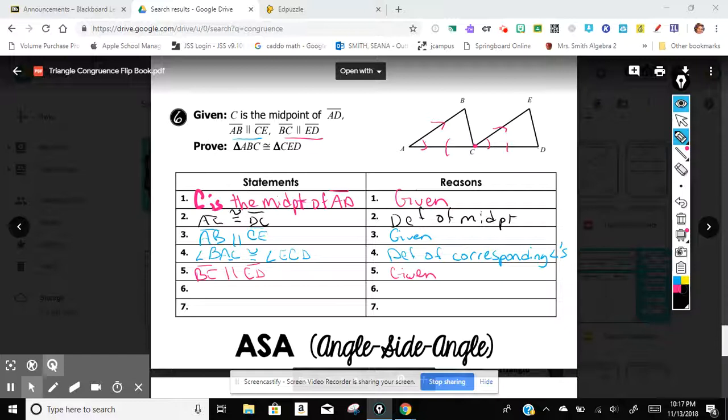All right, now they're telling us BC is parallel to ED. So now your parallel lines are going this way. Same transversal because it's the line that cuts through both of those parallel lines, but your corresponding angles this time, one in between the two parallel lines, one outside. Okay, now we're going to run into the same thing where we need to use 3 letters. So we're going to do angle EDC is congruent to angle